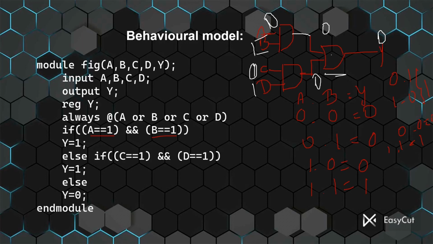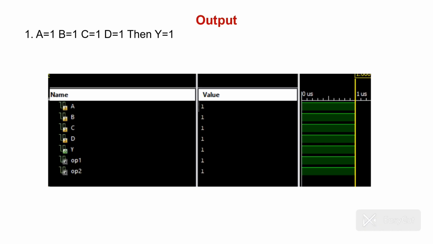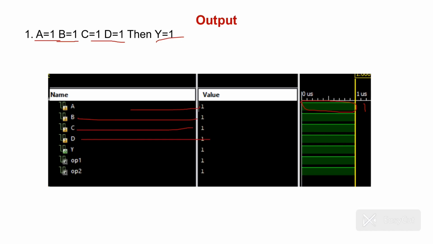Let me show you the output here. As I said earlier, if the A and B values are 1, then the Y value will be 1. If the C and D values are 1, then the output will be 1. So you can notice here, these are solid lines. As I said, solid lines indicate that the value is 1. Here all the values given are 1. For A it is 1, for B it is 1, for C it is 1, and for D it is 1,